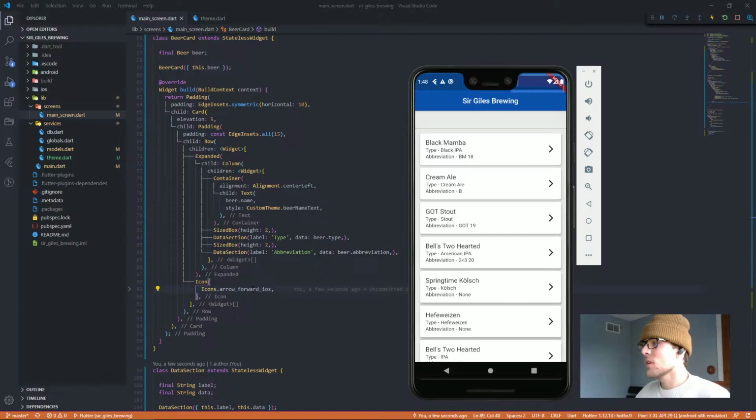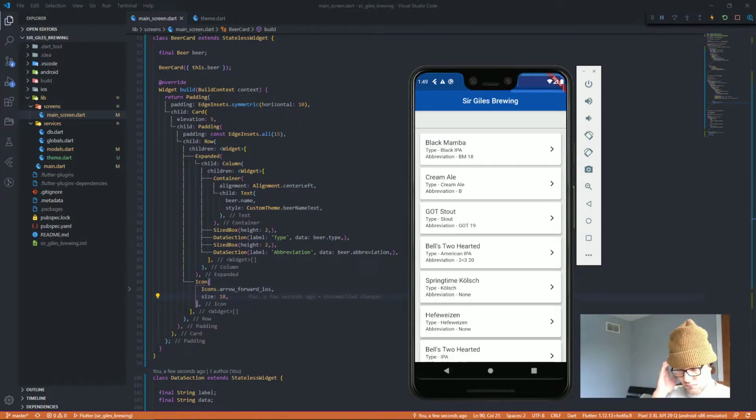And so now I kind of want to have an arrow on each card. It would kind of show that if you clicked on the card, it'll bring you to a new screen, and that screen will give you more details about each individual beer. All right, this arrow's nice, but it's a bit big. Boom, that's like the perfect size arrow. And these cards are looking good now. I'm pretty happy. So far, we've gotten the top bar done, and we've gotten all the beer data displayed on cards. So the only thing left is the search bar.